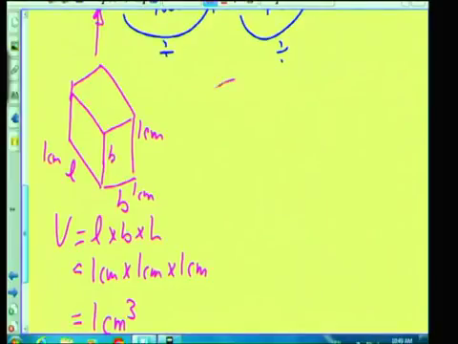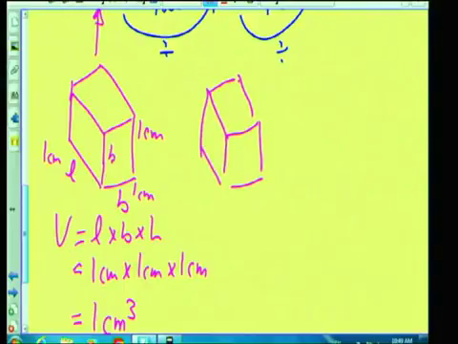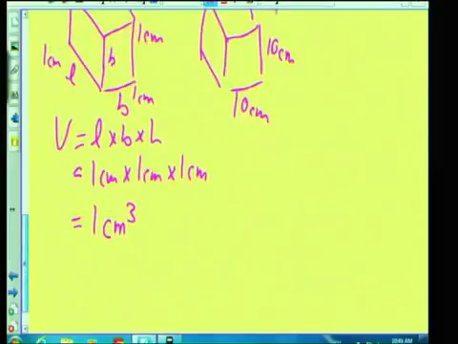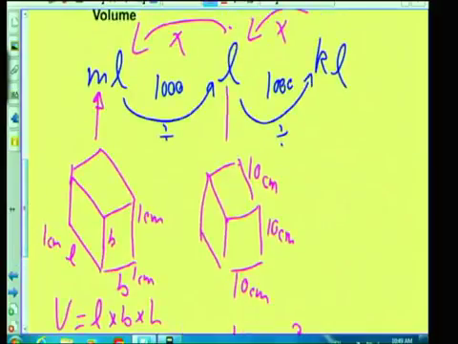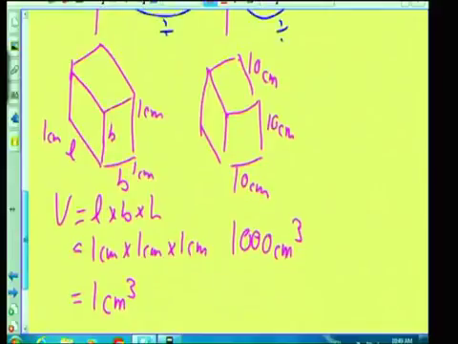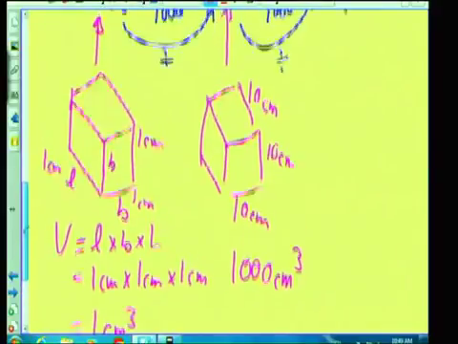Now, if we had something that was 10 centimeters by 10 centimeters by 10 centimeters. Notice 10 times 10 times 10, that's 1,000 centimeters cubed. And 1,000 centimeters cubed is exactly the same as 1 liter. And then we could even go to something that is